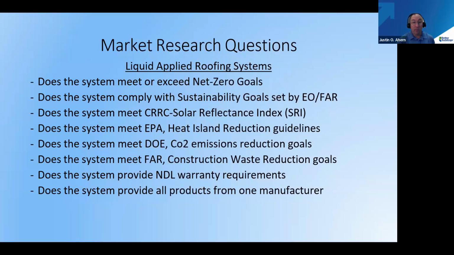This is where we try to verify products and systems meet agency goals, and it's sometimes pretty complicated. Collect information on multiple systems, products, and confirm they meet or exceed the requirements for your roof. Reach out to the manufacturers' reps. They live and breathe this stuff for a long time. Ask questions, talk to other agencies and your other contacts and energy engineers, and find out what they're doing, what